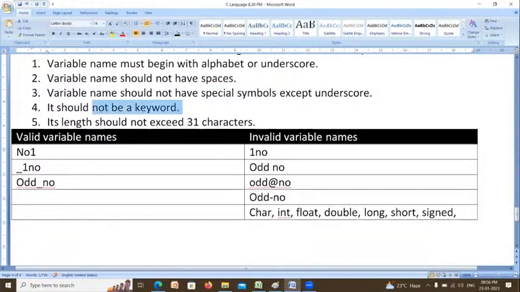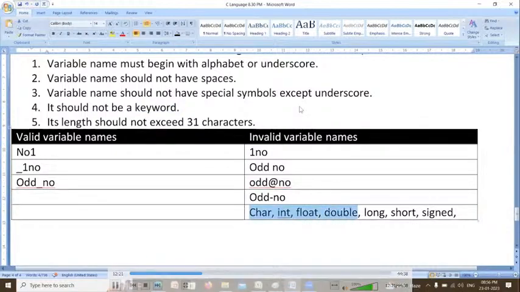It should not be a keyword. Keyword means we have already reserved some words, no? We already